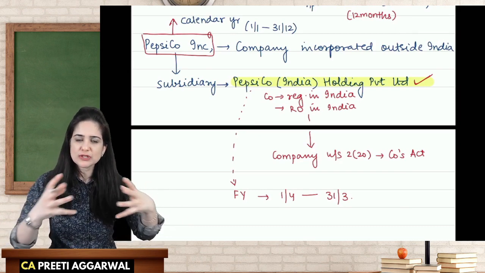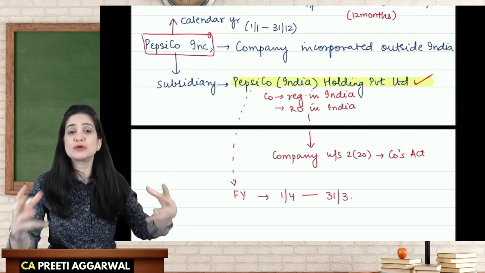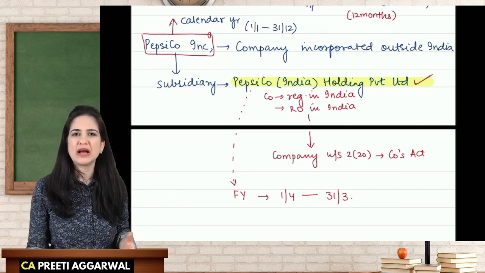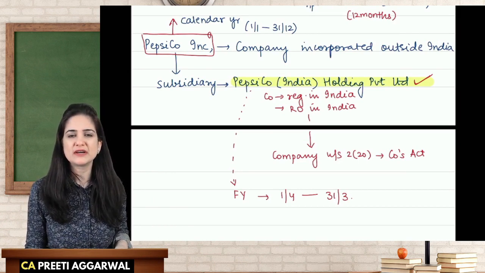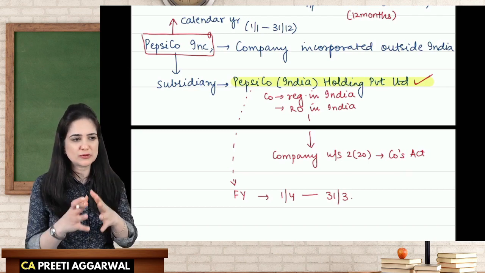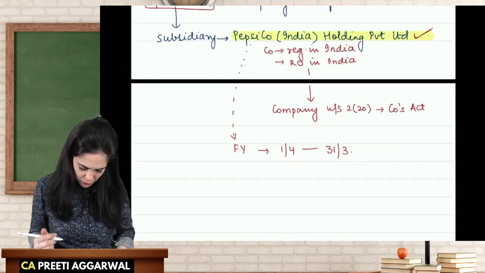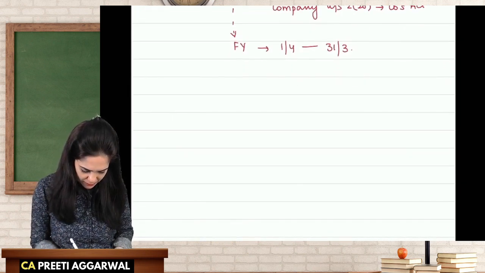Is it possible for us to merge the books? Is it possible for me to consolidate the books? That's not possible. I will not be able to consolidate and find the position of the group as a whole. Why? Because they both are preparing accounts for a different period of time. So what should we do? What is the solution? So for the purpose of consolidation,